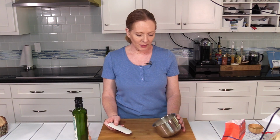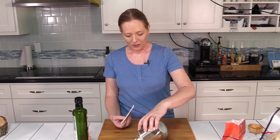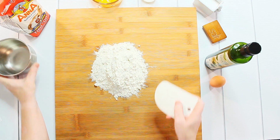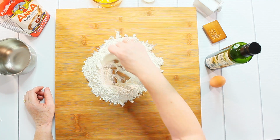So let's start with the recipe. You cannot really make this with a machine. You have to do it by hand because the dough is very firm, and there are only few machines who are able to work with that kind of dough. So the way you have to do it is to put your flour on the surface, and in the center